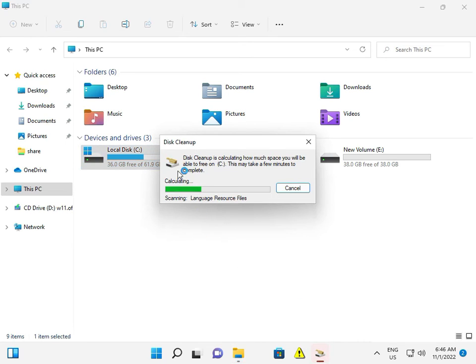Now it is doing the calculation and removing the scanning layers resource files, and then you